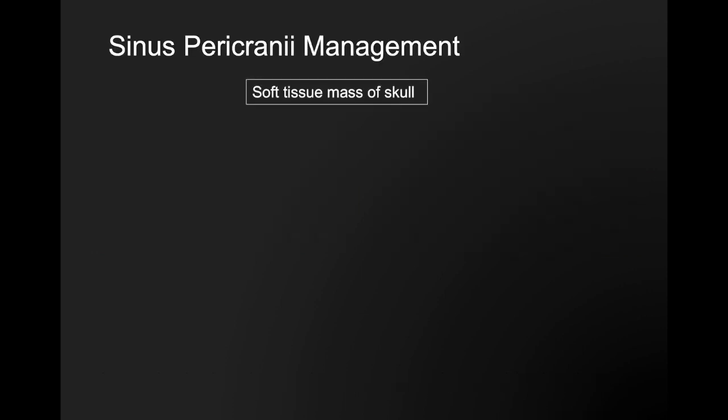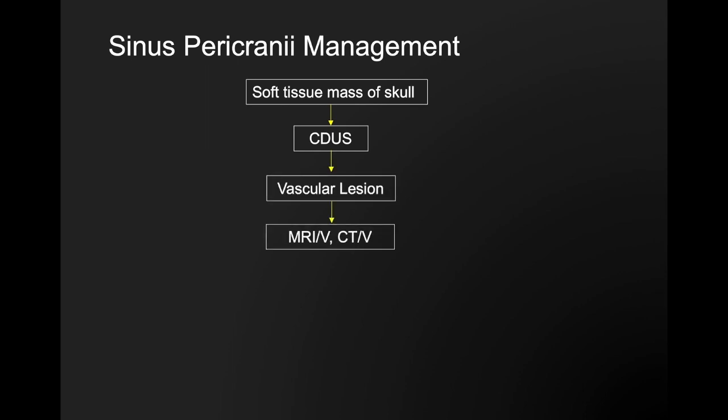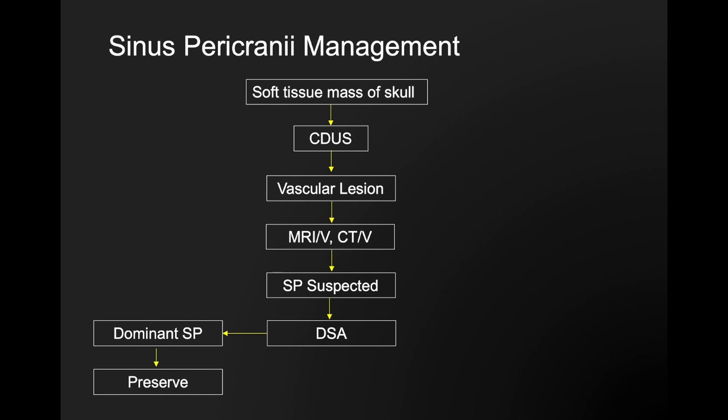So regarding management, what we typically do is, if you have a soft tissue mass of the skull, you get a color Doppler ultrasound. You see a vascular lesion, you get an MRI or MR venogram, or CT venogram or CT. If a sinus pericranii is suspected, you can go on to digital subtraction angiography. Now, if it's a tiny sinus pericranii, often they don't need angiography and will undergo surgery without any conventional angiographic imaging. But if it's a dominant sinus pericranii, in other words, it's draining a lot of the brain, then we